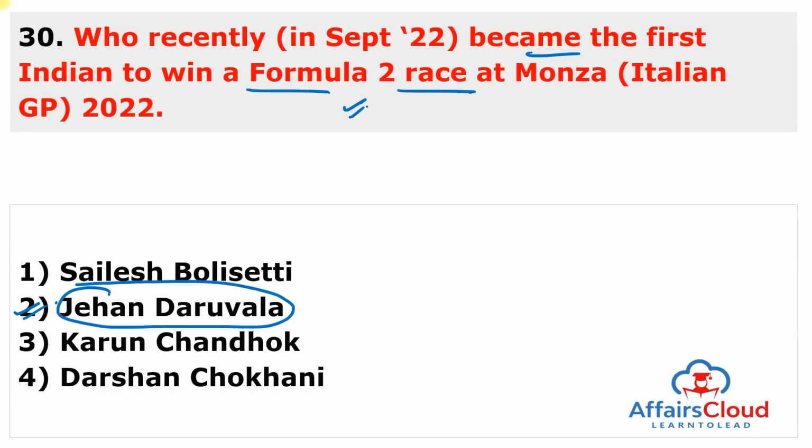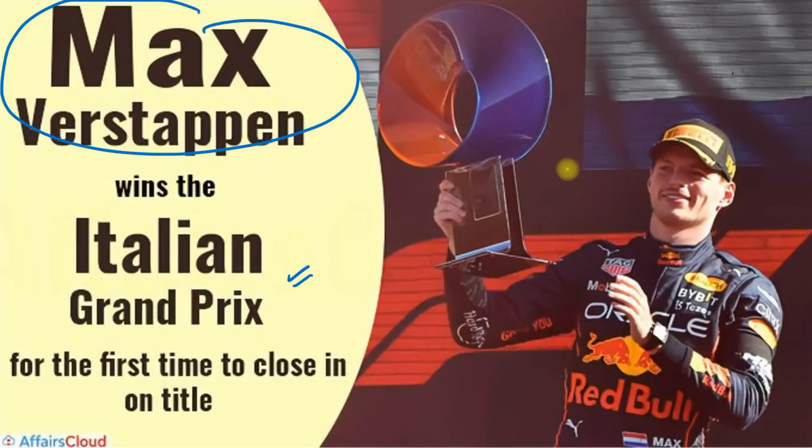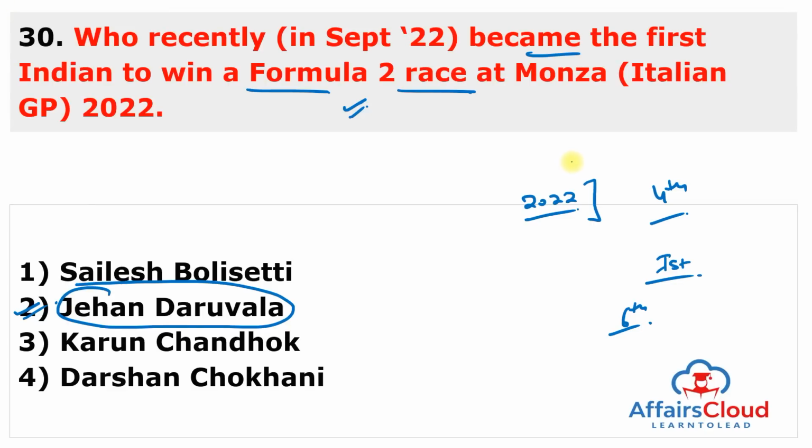So Red Bull backed racer Zehan Daruwala becomes the first Indian to win a Formula 2 race at the Italian Grand Prix of 2022. And this is his fourth win in Formula 2 and first win of this season, and it was also his sixth top 3 finish at Italian Grand Prix. But remember, Italian Grand Prix won by Max Verstappen, and if it is Formula 1, then Max Verstappen, Formula 2